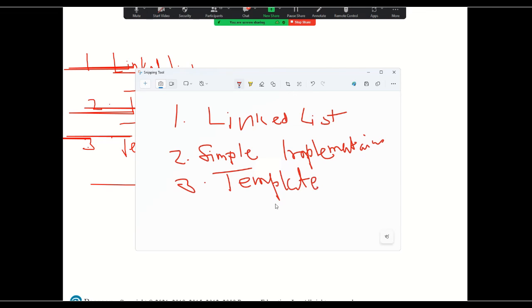Those are the basic things that we have learned in this class today. So what I'm going to do is attach these C++ files in your